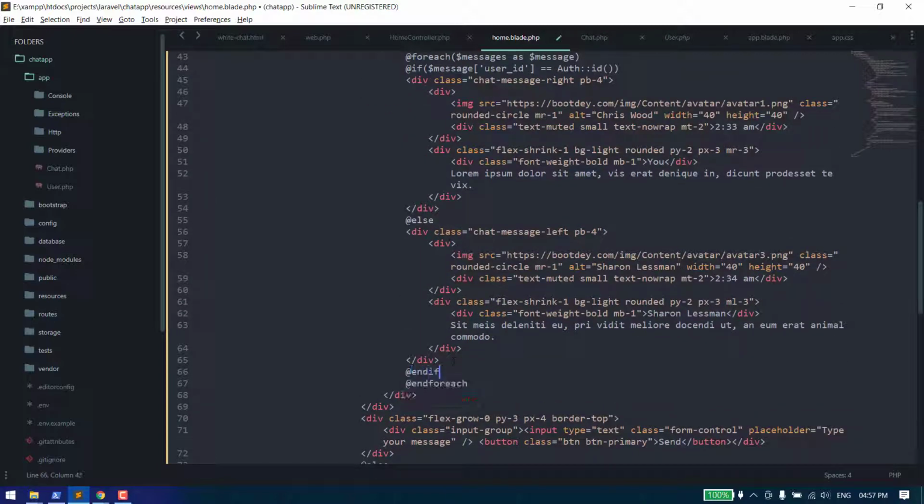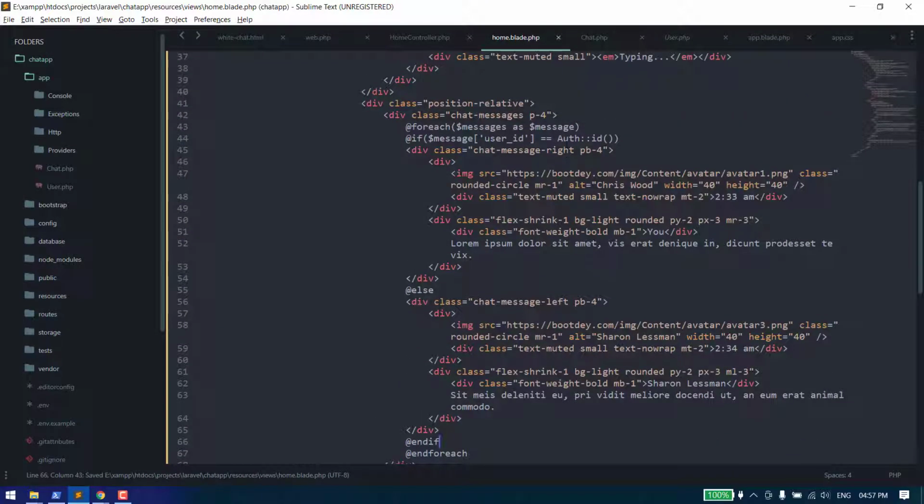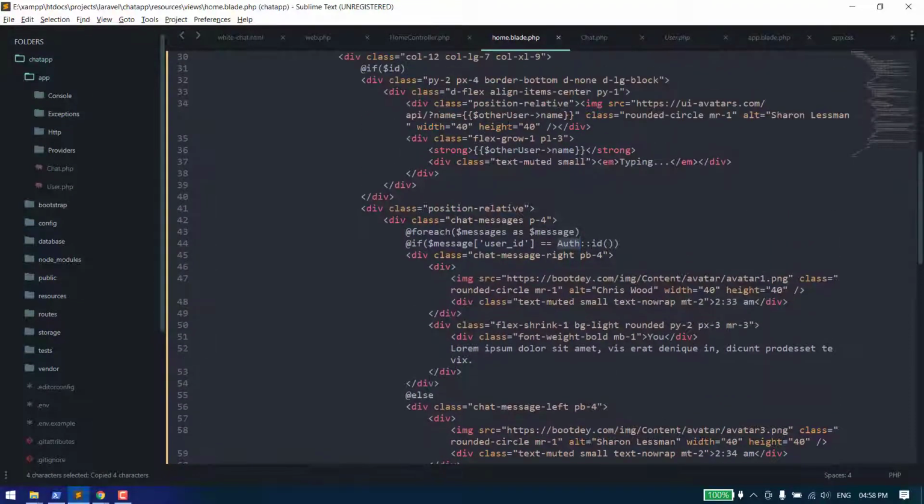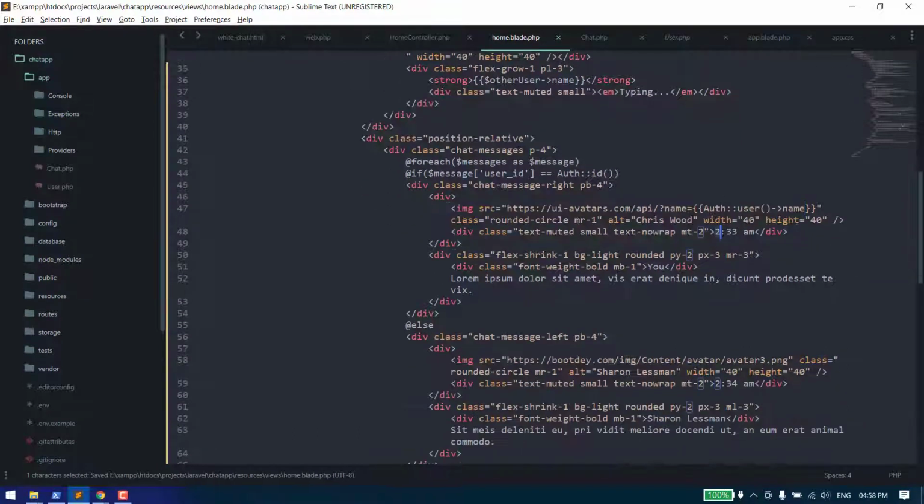And now we can show the image. Here we will show the image of the logged in user, and let's pass the name auth user dot name, and time will be,